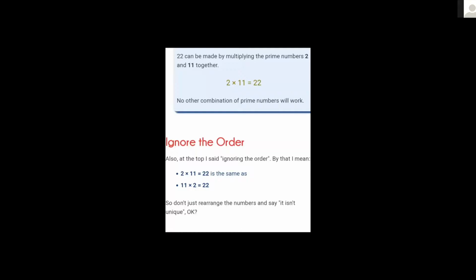All right. I hope most of you have understood the theorem, and it should be convenient to do the exercise. The exercise is pretty simple. This also has been discussed, right? Suppose you take the number 22, it can be written as 2 into 11 or 11 into 2. So what it says is you have to ignore the order. I'm going to quickly move on to the next slide. We've already discussed what ignoring the order means.